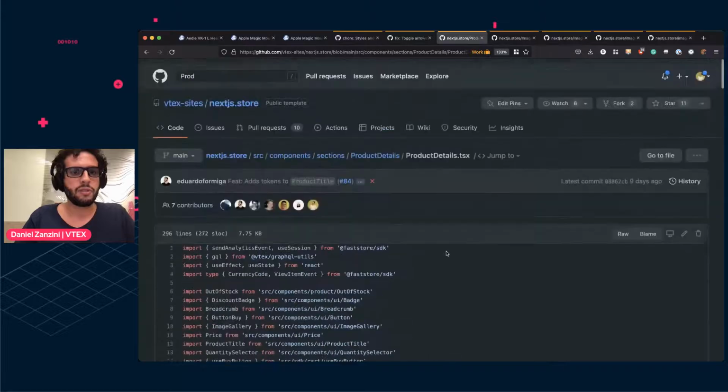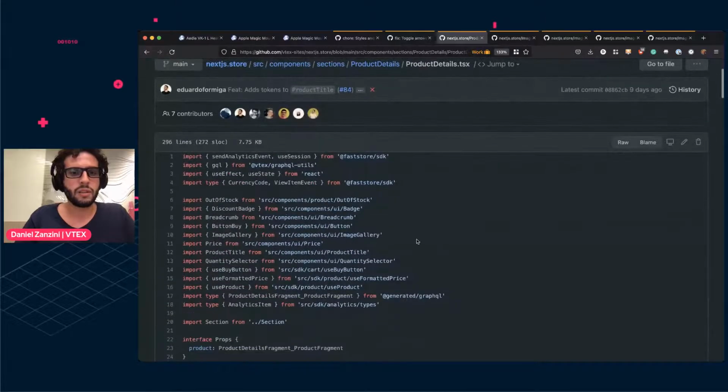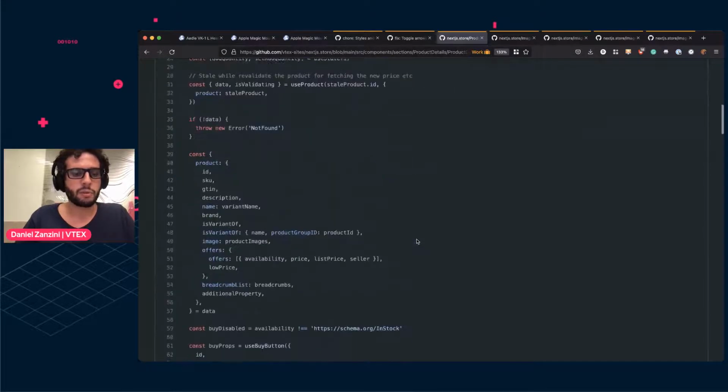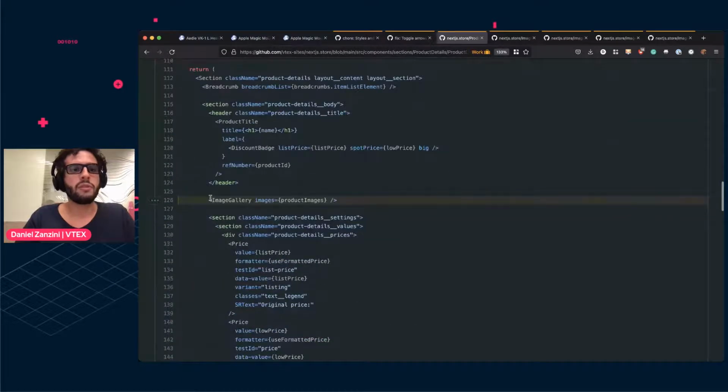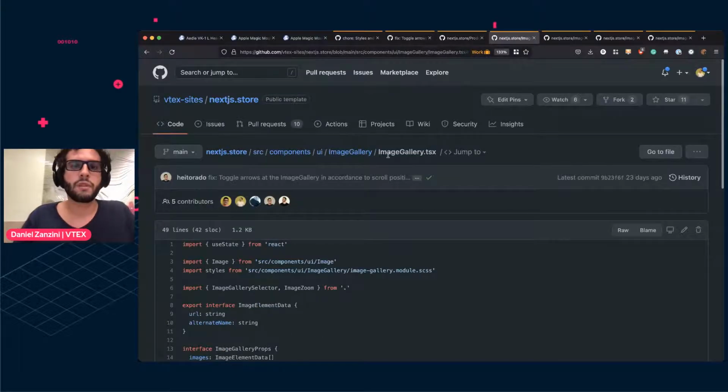And to use the image gallery, you just need to import it at your product details page, and the usage is simple like this: image gallery that receives an array of images. So, that's it. It's working. But how does it work? So this is the image gallery